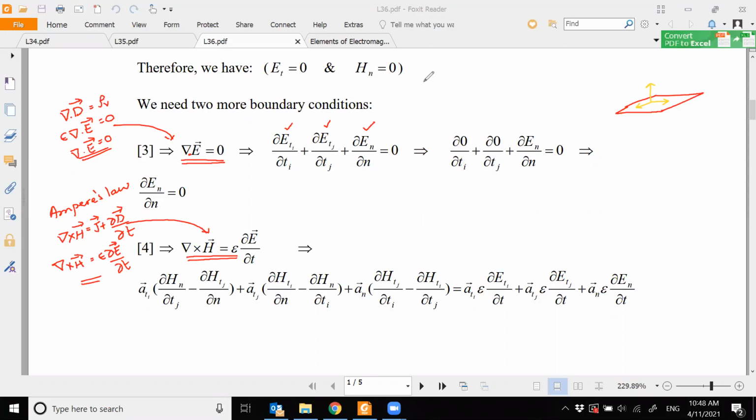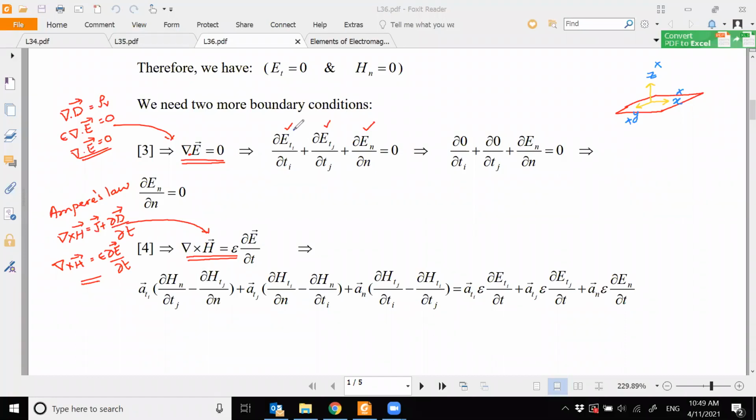So that's why I'm writing 2 tangential components, naming them I and J, and 1 normal component, which is N. You can assume that if this is my X, Y, and Z, then it will be dou EX over dou X plus dou EY over dou Y plus dou EZ over dou Z. But I'm not using X, Y, Z; I'm just getting a generalized boundary condition. So if this is equal to 0,